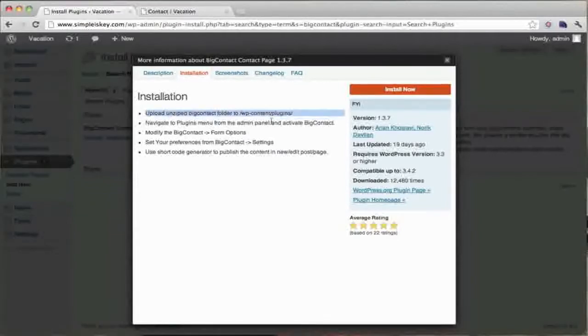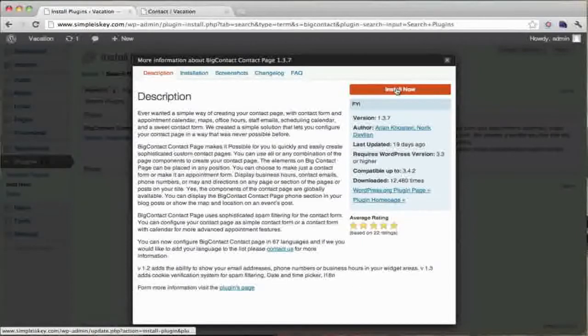You can skip this part. Okay, look at the ratings. Sometimes you visit the plugin homepage to see how it really works on the website of the person who made this plugin, and click install now,